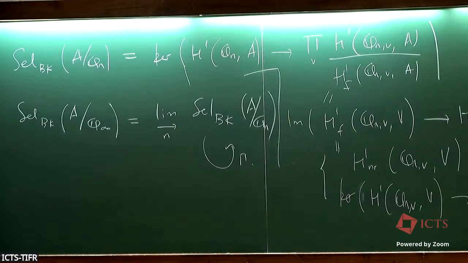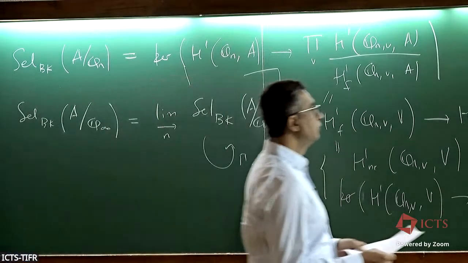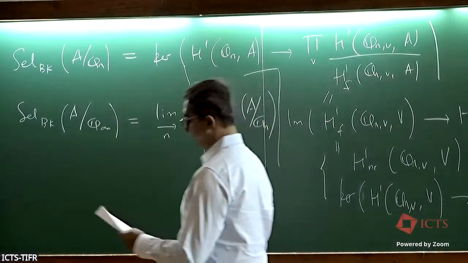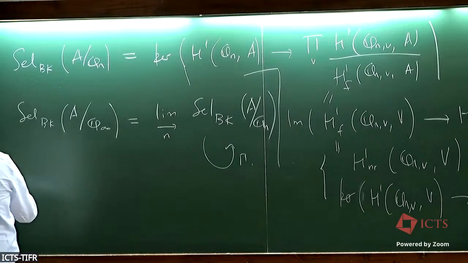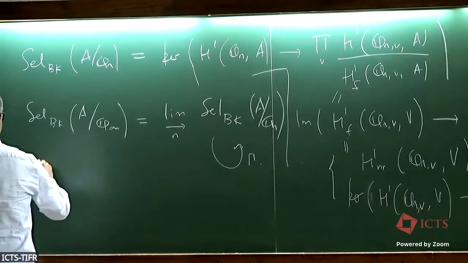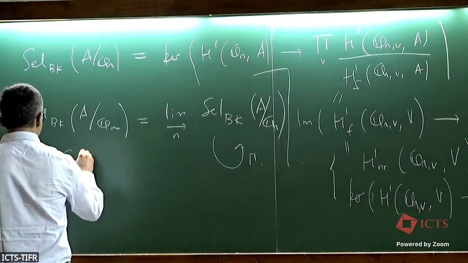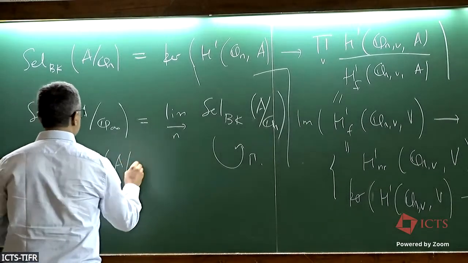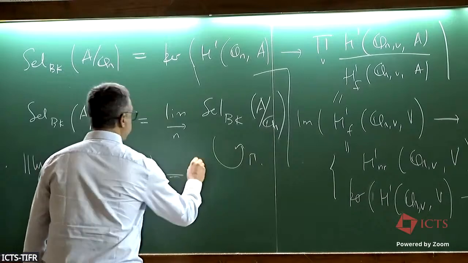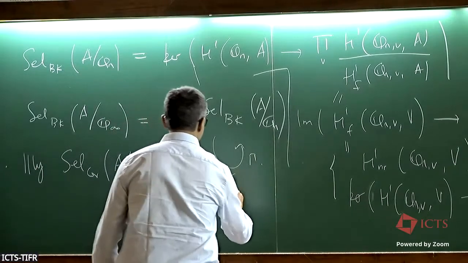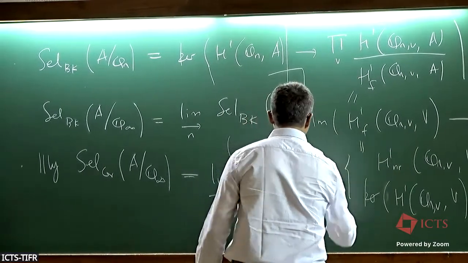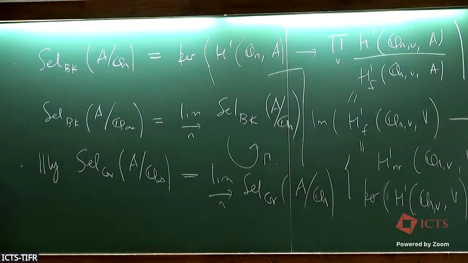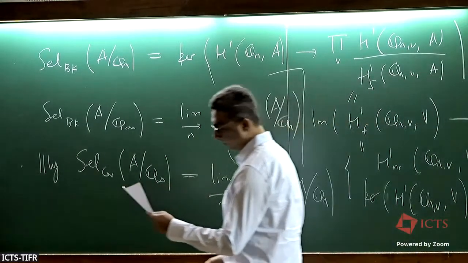Okay, so this is the object of interest, but for the proofs there's another Selmer group that plays a role. That's the Greenberg-Selmer group. I'll be a bit more terse here. It's also a direct limit. The Greenberg-Selmer group of A over Q_infinity is the direct limit of these finite level Selmer groups, where